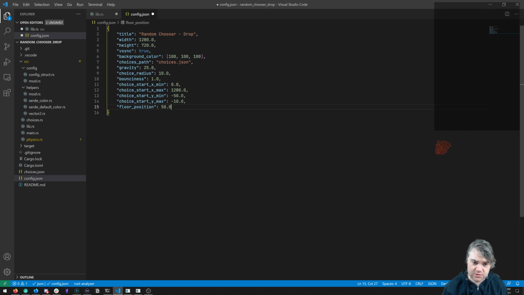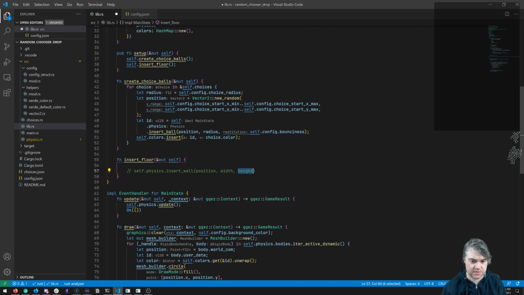So I guess it's floor position Y, because the X is going to be in the middle of the screen. That's going to be fine. So in this case, let's try 50 down. Then now what